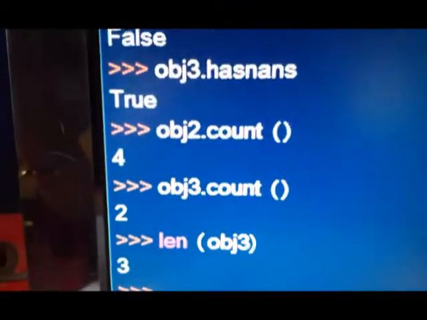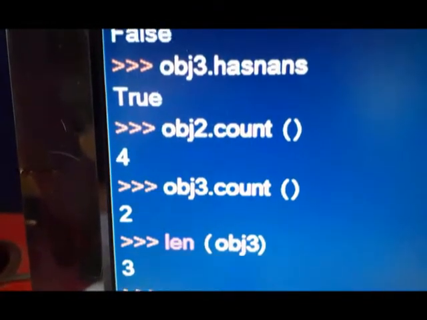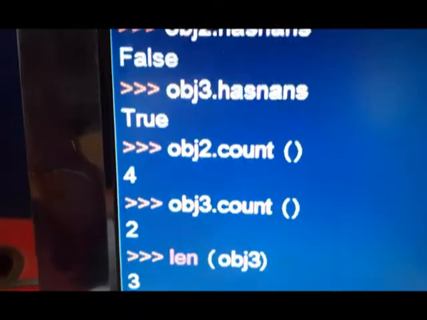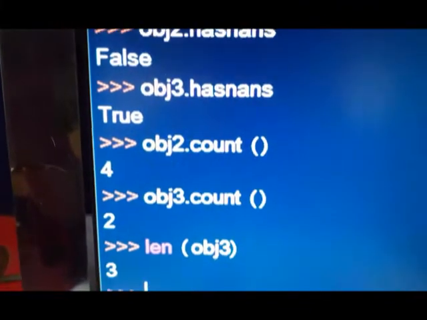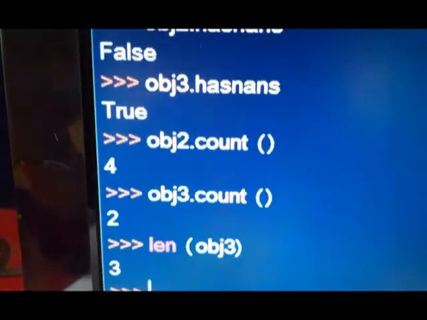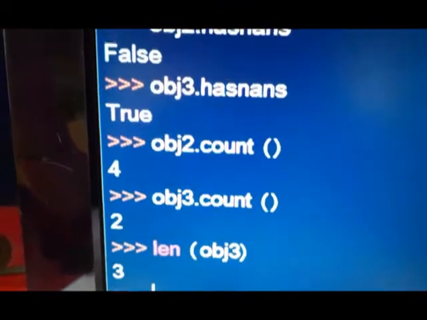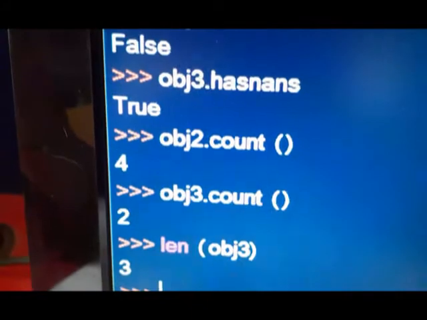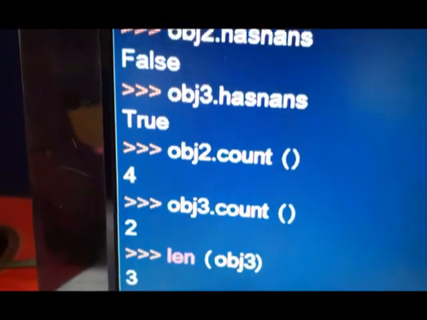Now the length function gives 3, but the length function and count function are executed differently. Length is not called using the object, because it is common for all types of objects, whether it is a dictionary, list, string, array or anything.